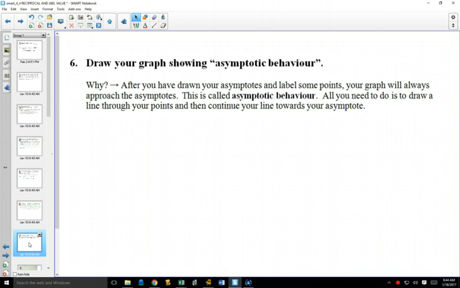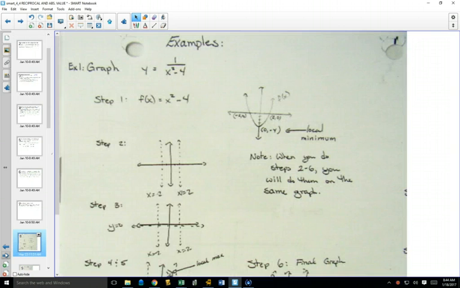So this allows us to review a lot of the same ideas that we did in Chapter 2, and also review some of the stuff that you did already in grade 11. So you've got this handout. When I did it originally, I broke everything up into step by step so you could see what would be the next thing that you would draw if you started off with 1 over x squared minus 4. Now this wouldn't be all the work you would need to show if you were doing this question. So we're going to do this one together, and